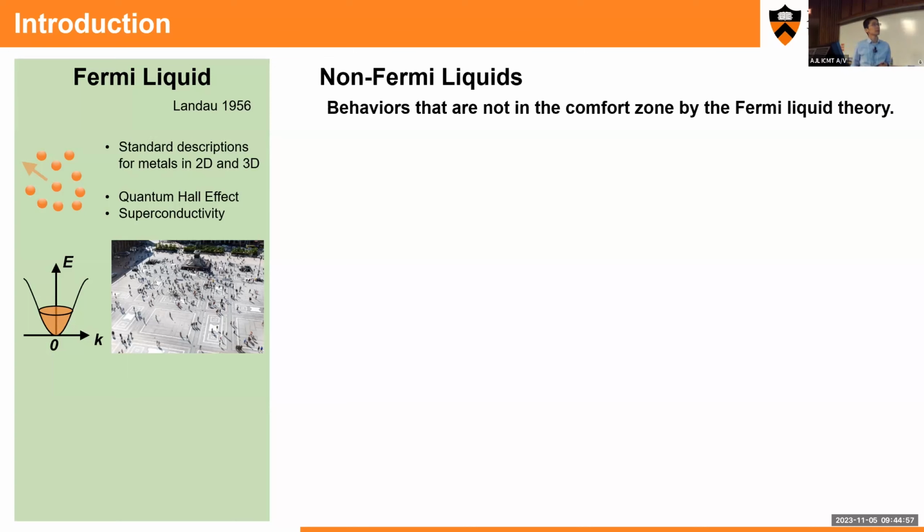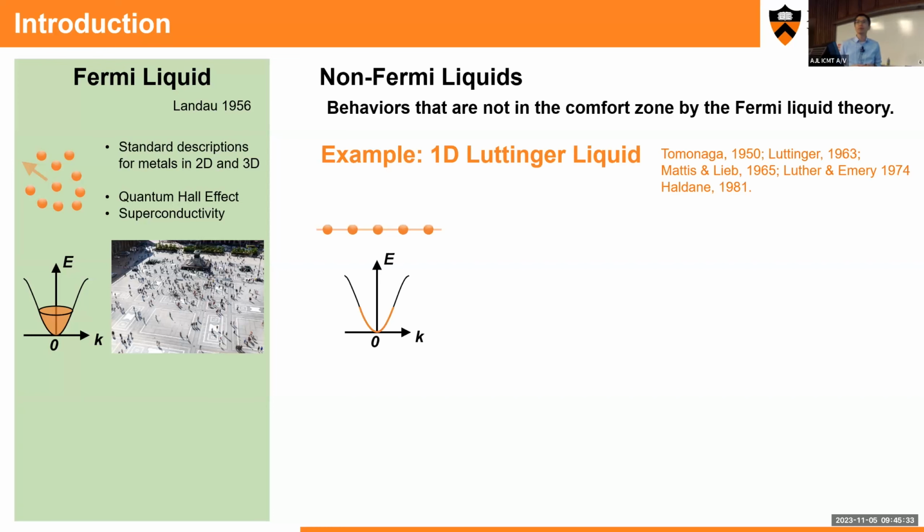But the different case, which we call non-Fermi liquid, is a case that we don't know. So for example, if you have a fish in the ocean and then you have a turtle, we don't know how to name them, so we call it non-fish. And maybe in the future we will know, oh, this kind of category we call it turtle, the other category we call it lobster. It's something that we don't know. We try to give them another name, and later on we try to name them something that we know specifically.